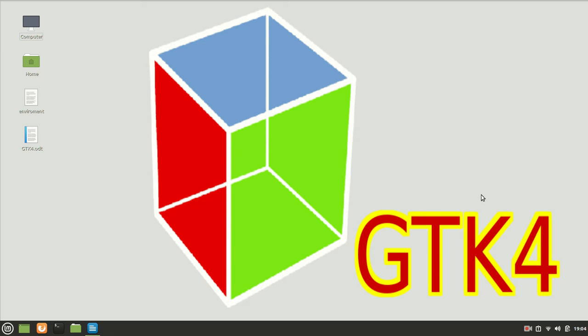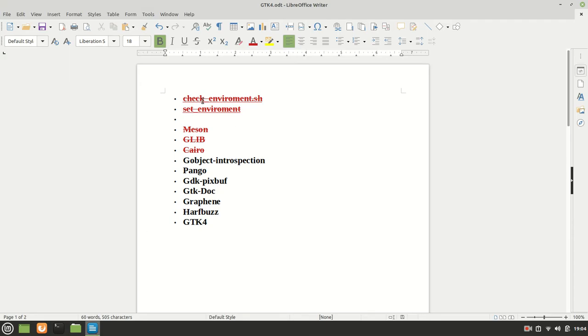Hello guys, my name is Michael and welcome to a new tutorial where we're going to compile and install GTK4 in our Linux Mint version 20.1. Until now we saw how we can set environment, Mason, glib, ragel, and in the last video we saw how